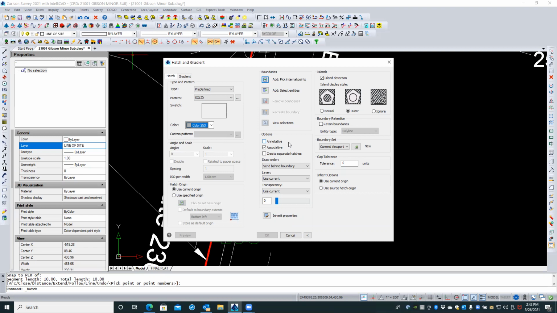And in fact, I would uncheck it for now, just in case those lines ever got frozen or turned off or however you want to do it. So this way it's only going to have a hatch. And we're going to rely on the lines that we're already seeing to serve as its boundary. Okay. All right, then the